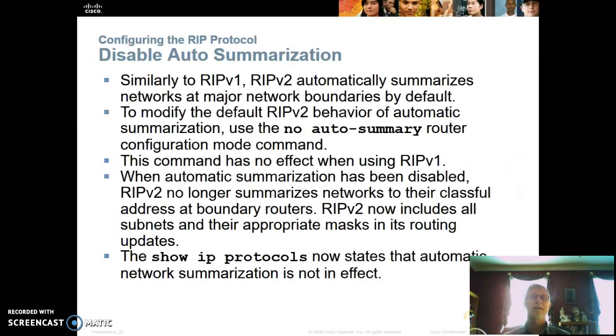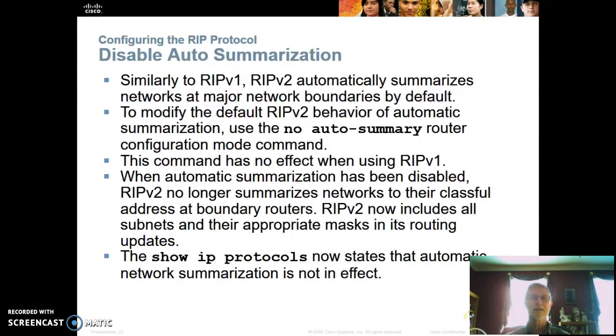Now, because they summarize on major network boundaries, what happens if I don't want to force you to be on classful boundaries? So if you're class C, that means I take the first 3 octets. What happens if I don't want that? Well, to turn off that